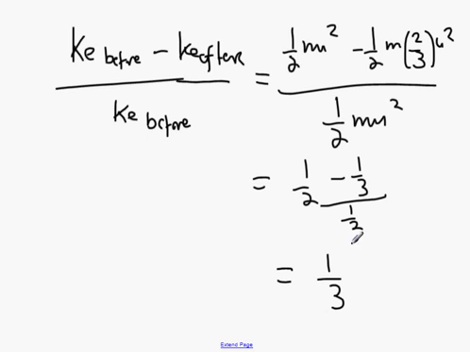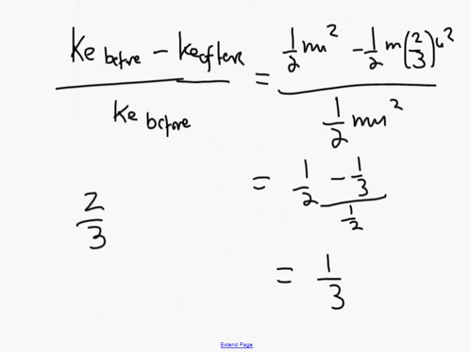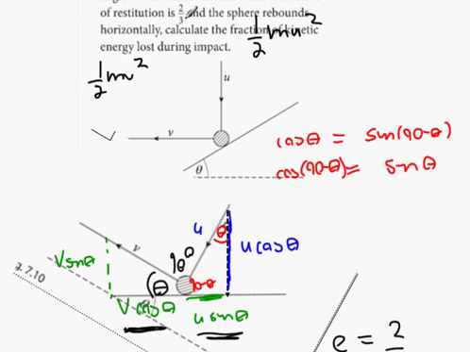So the amount of energy you lost is 1/3. How much energy was preserved then? 2/3. What's 2/3 exactly the same as? The coefficient of restitution. Would it be therefore fair to make an assumption that if that was 5/7, we'd lose 2/7 and we'd maintain 5/7? So there is a trend there, okay, so you have to be aware of that trend. You'll obviously have to prove it, but